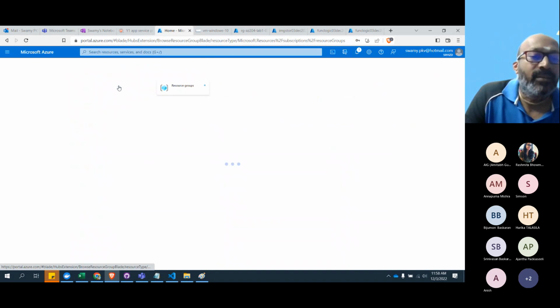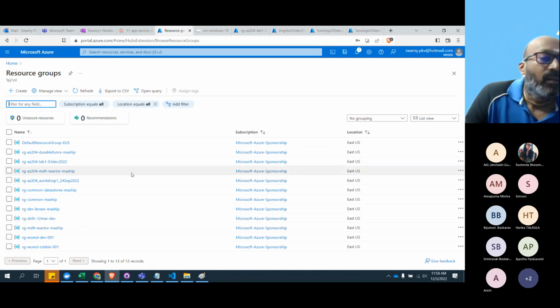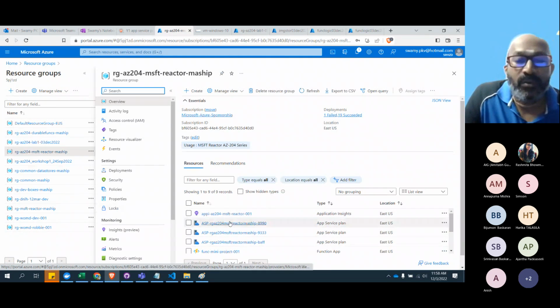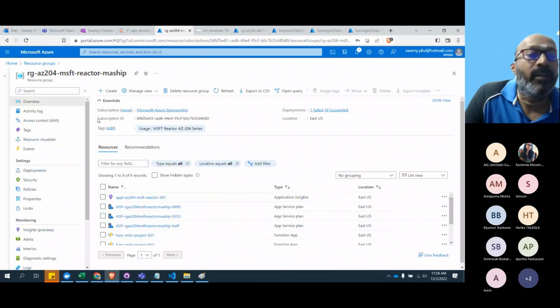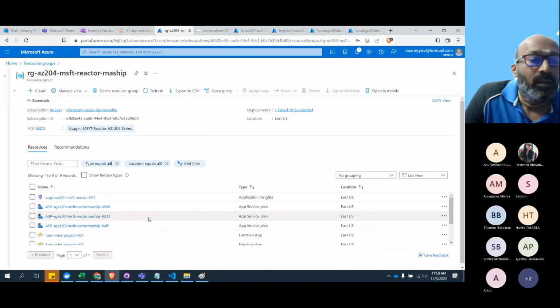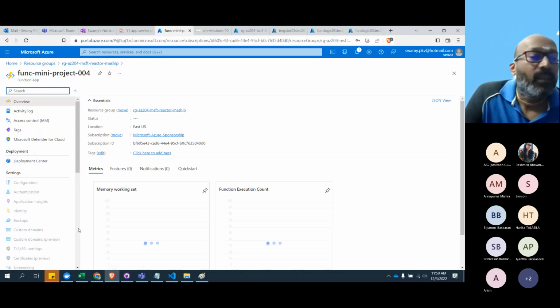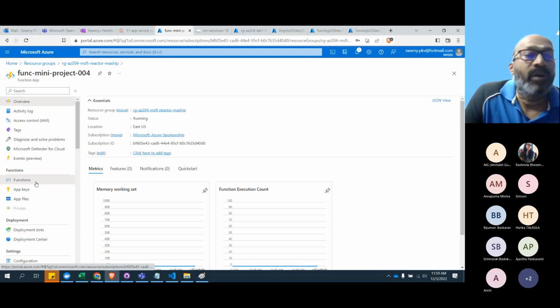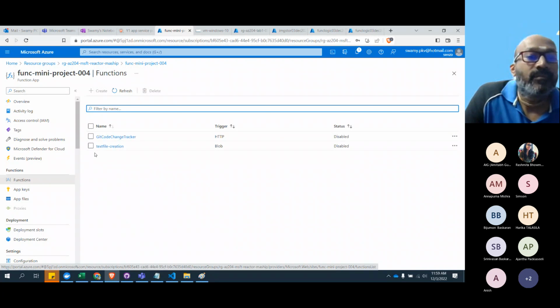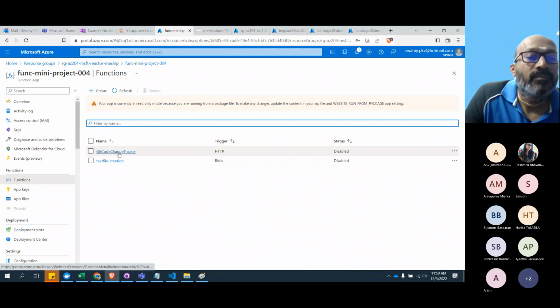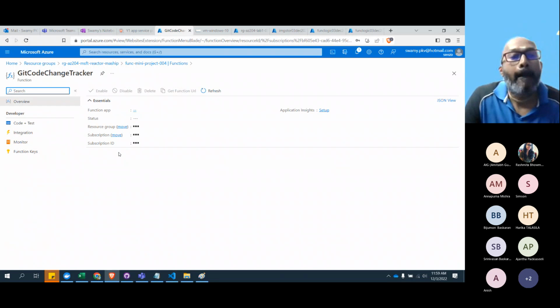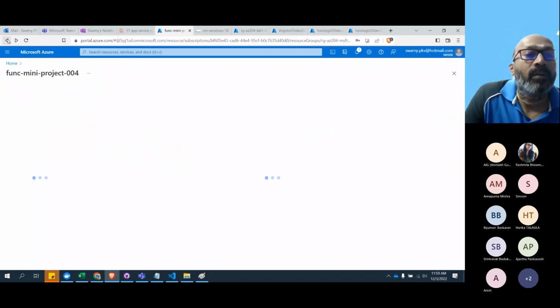I will show you something else. If we come to one of my previous resource groups, and here, if you come to this mini project 4 and inside this functions, oh, I'm sorry, I selected the wrong one.